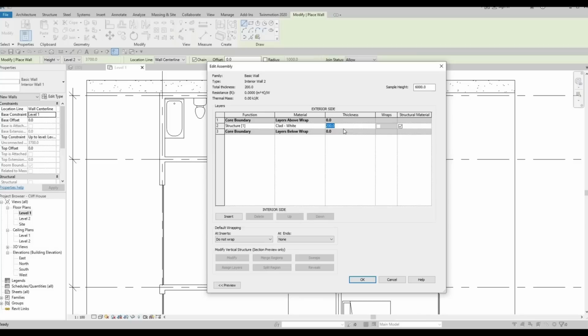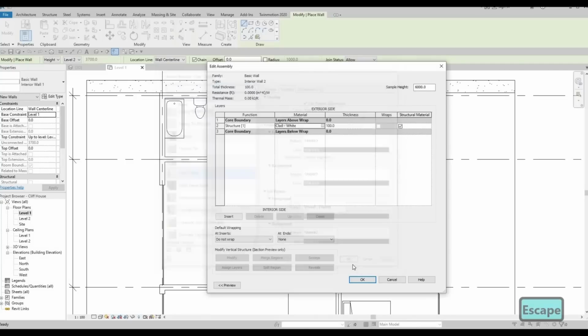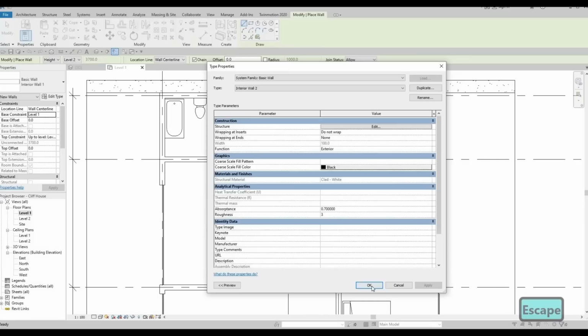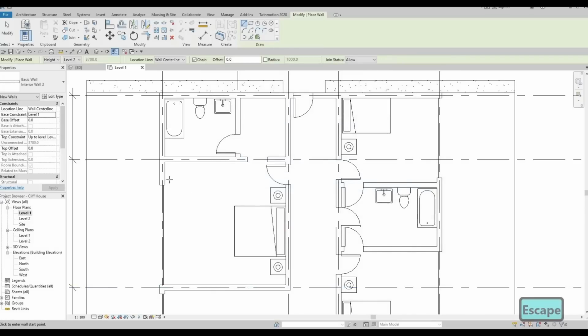We're gonna change this to 100, and we could just leave the wall material as clad white. So we're gonna leave it like that. Press OK and then OK, and we're just gonna add a wall like so. Okay,